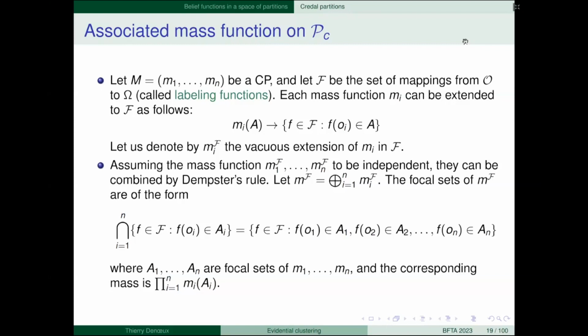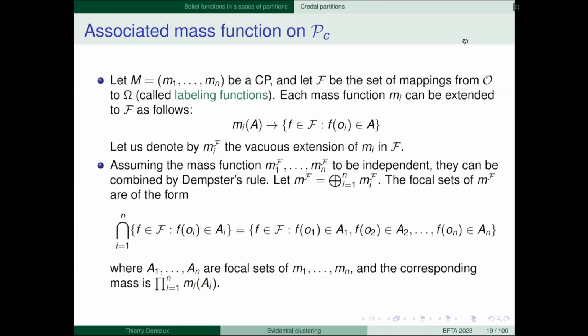Yeah. So assuming that these n mass functions are independent, we can combine them by Dempster's rule. And so the focal sets of the orthogonal sum are of this form. If A1 to AN are focal sets of M1 to Mn, and we do this for every way to choose a focal set for M1, a focal set for M2, and so on, we assign the product of the masses to the intersection, okay?